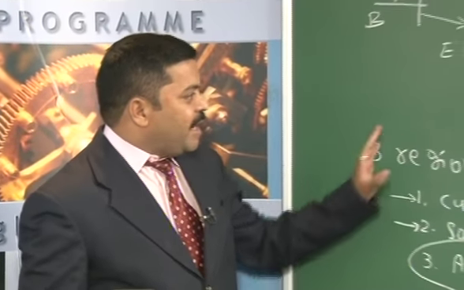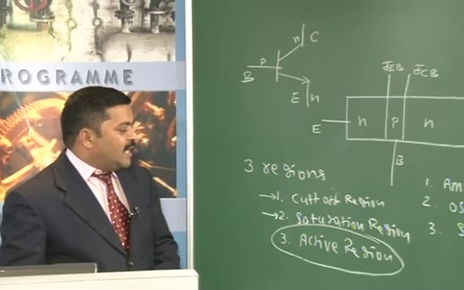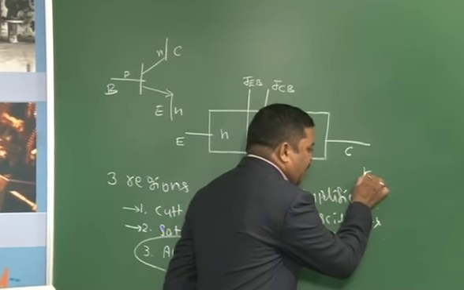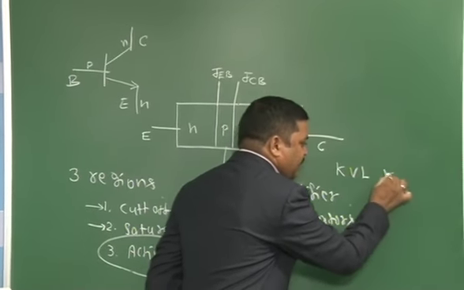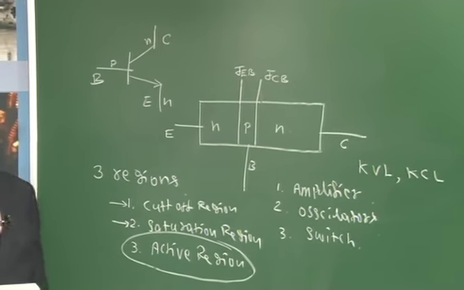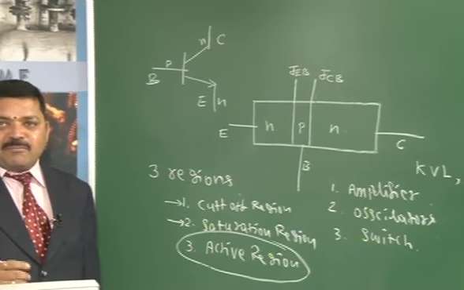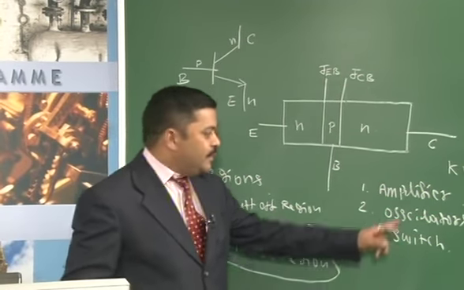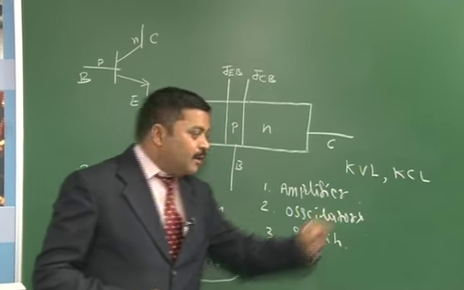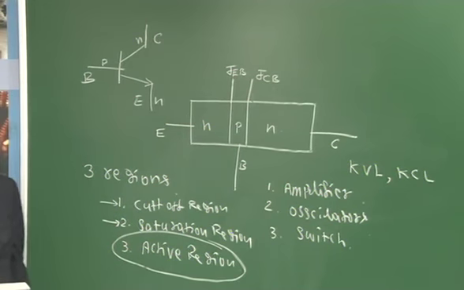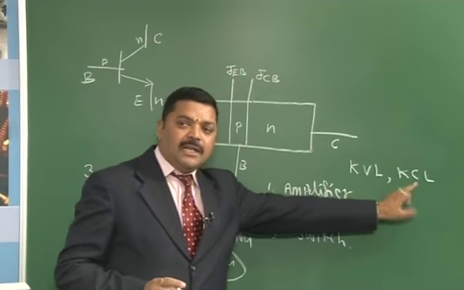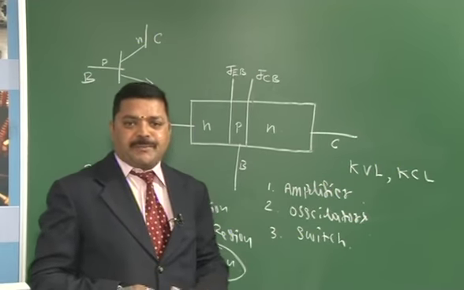These are all the prerequisites which we have to consider, and one more prerequisite for BJT biasing is that we will be using Kirchhoff's voltage law and Kirchhoff's current law. These laws play a very important role. Last semester you might have studied basic electrical engineering. In basic electrical engineering, in all the circuits you have applied KVL and KCL. So, these two laws are most important in BJT biasing. KVL, KCL and, to a certain extent, Ohm's law are used.